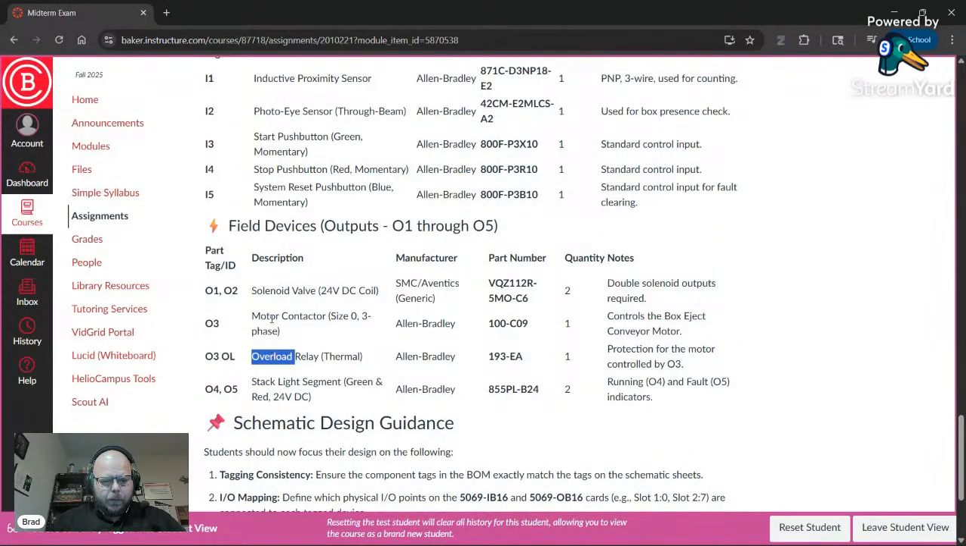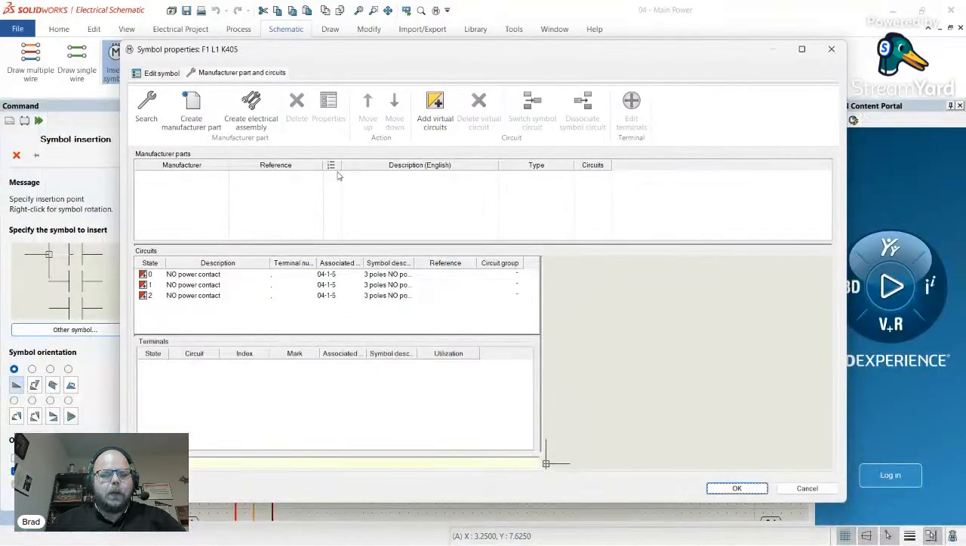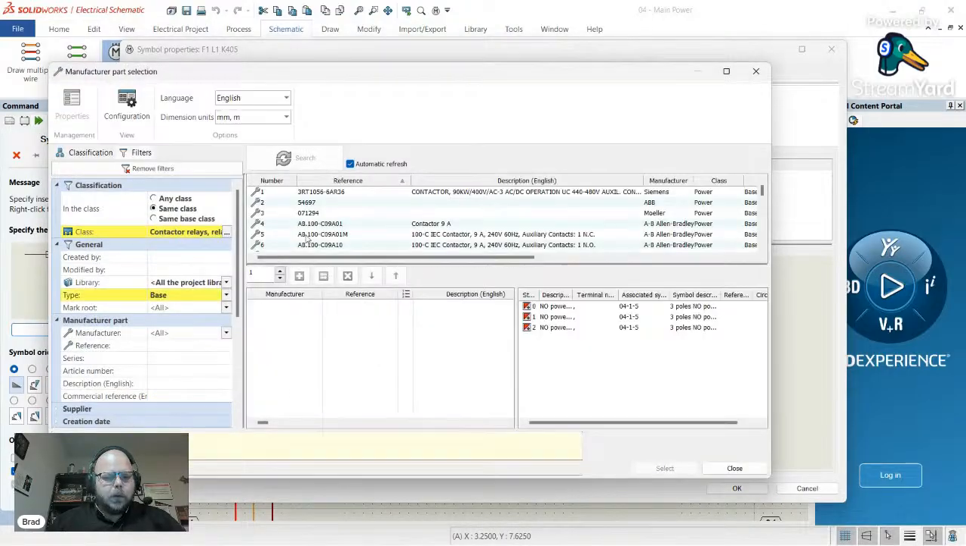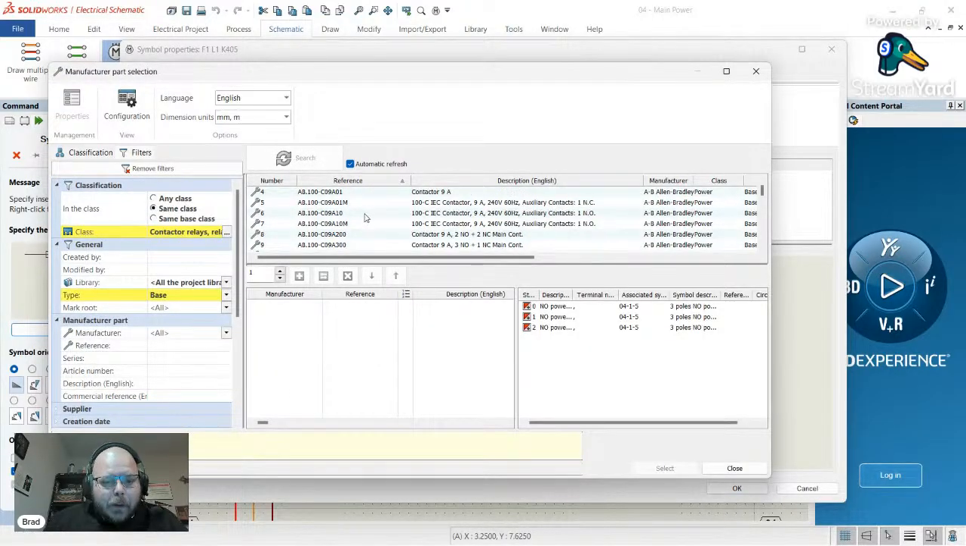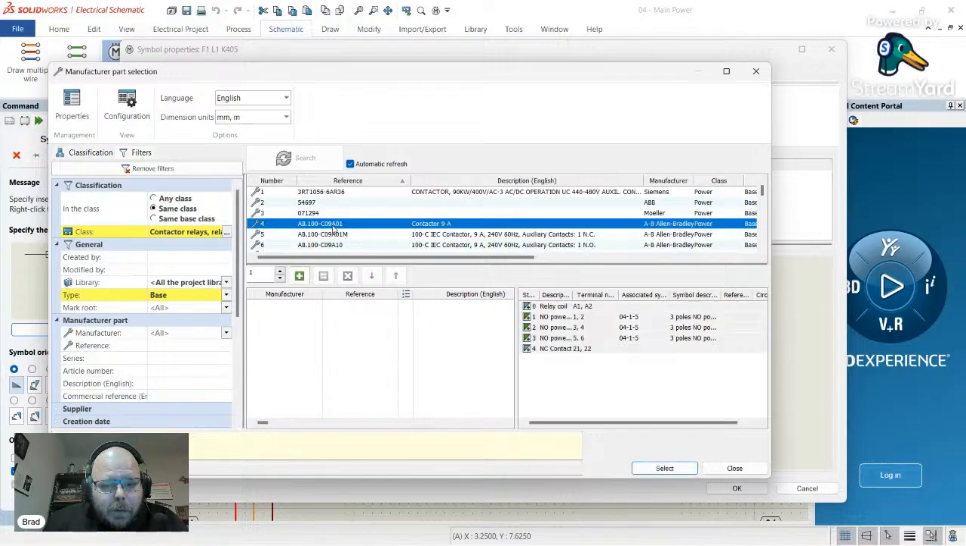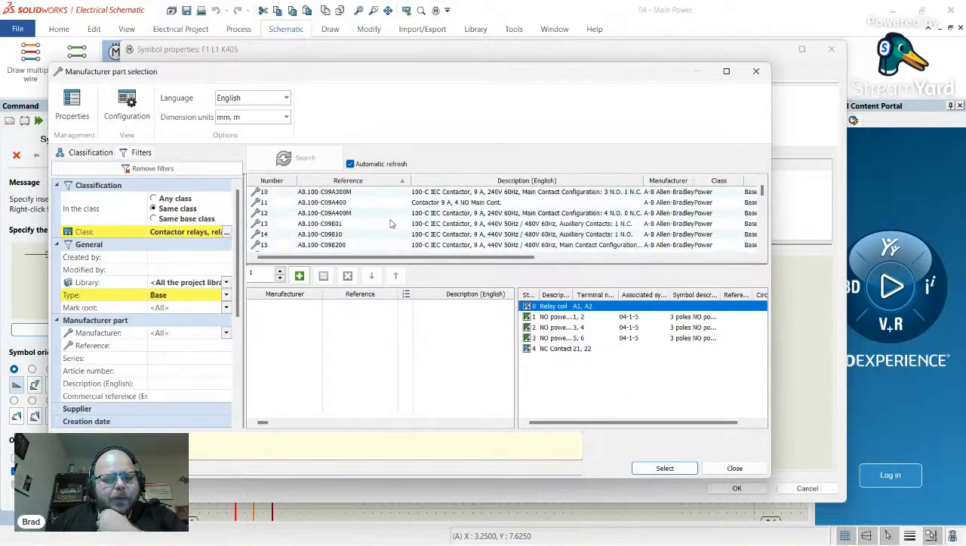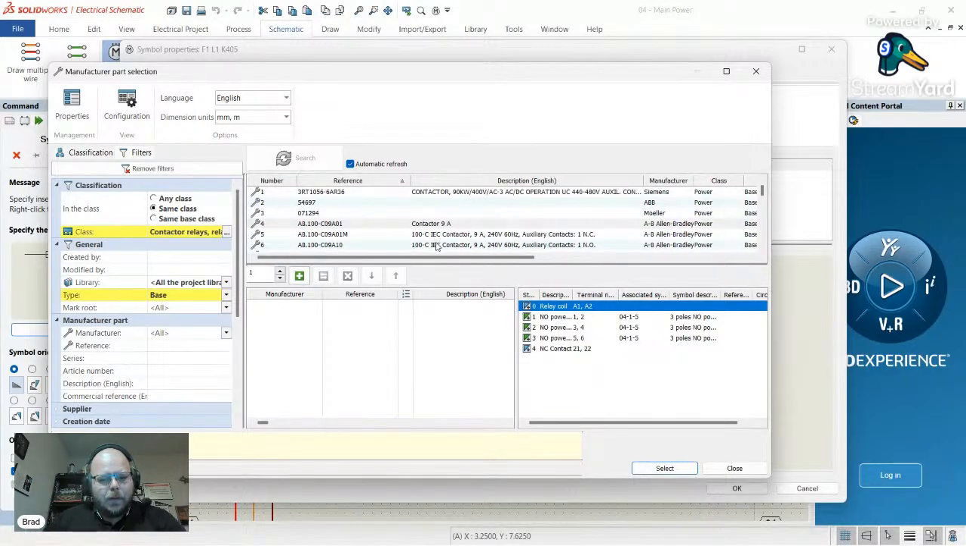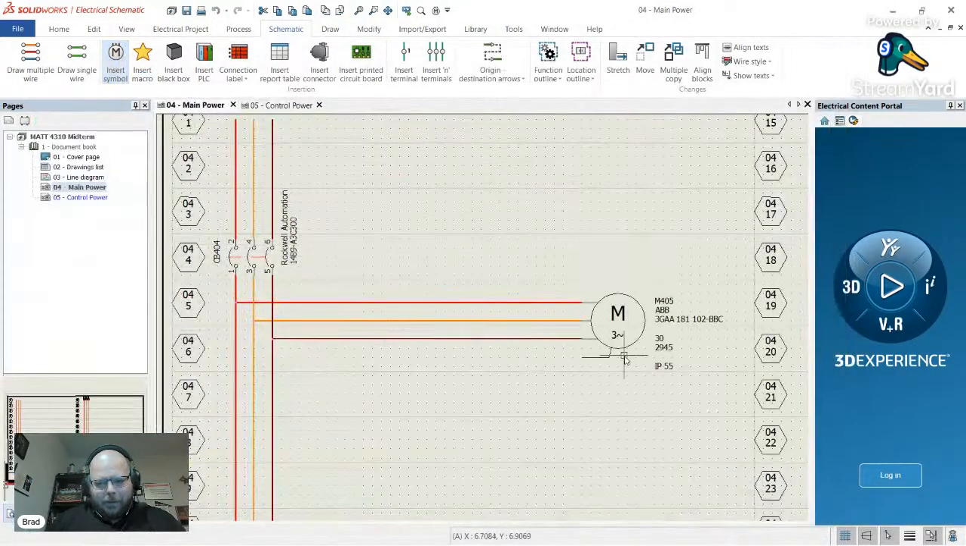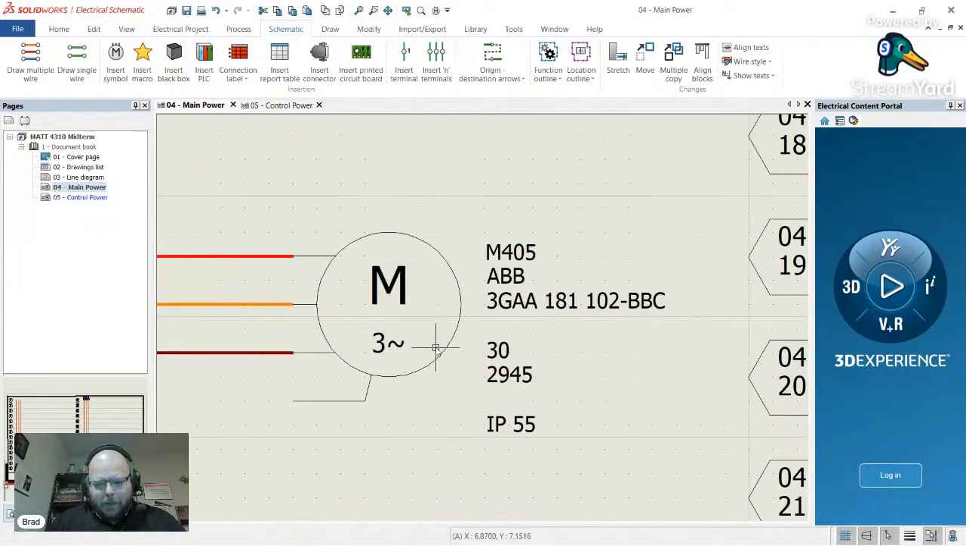Overload relay thermal. I mean, we can also throw that in there, but 100C09, search. I don't know what I have. All right, so there's a relay coil. This is good. This is actually good. It doesn't look like I've got a plain C09, but I got a ton of contactors. I mean, let's be professional. I have no idea how big the motor is that I just grabbed. So let's check